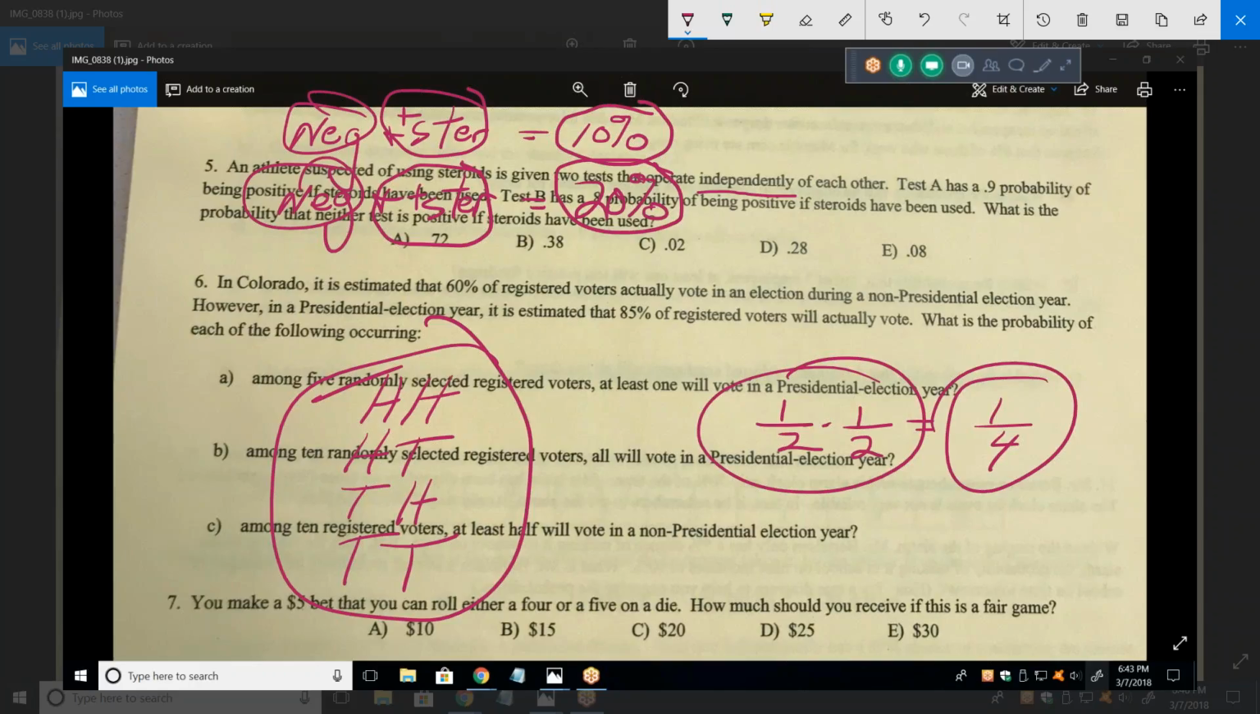Possibly be 100%. Usually on these probability questions, it comes down to whether you should multiply or whether you should add. All right, so that one's relatively